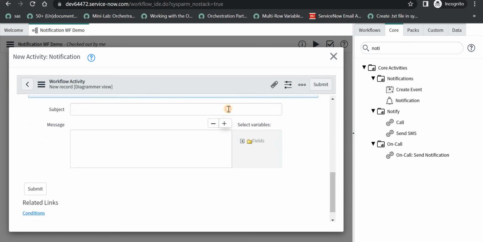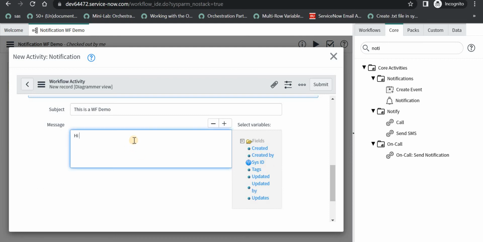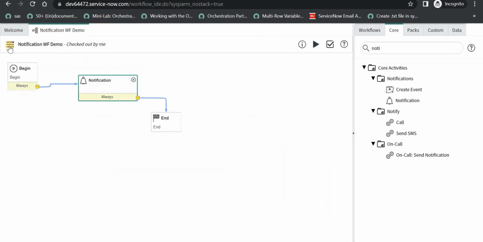I will go to the subject and I can say this is a workflow demo, and I can say here hi, and then also I can give here again the dynamic content, but we are using the global content, so there might not be as many fields as required, so created and all. So I can just say hi Fred here, this is a workflow test, and I will submit this. I will publish it now,